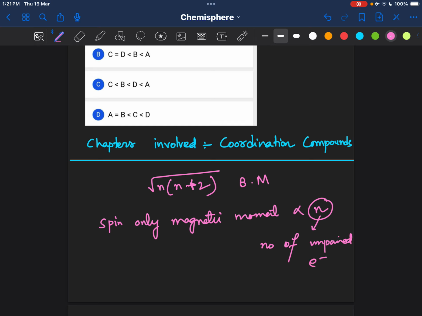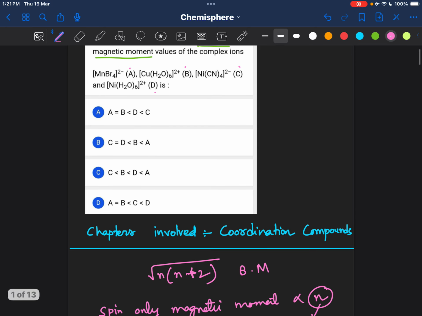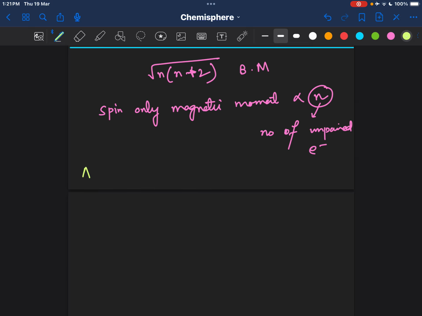So technically, you can either calculate using this formula for all the four complexes, which is going to take you more time, or you can calculate their n. So bigger is the value of n, higher will be the value of magnetic moment. Okay, so let's take these complexes one by one. So A is MnBr4 2 minus. Okay, to calculate the magnetic moment, first we have to know the oxidation state of the central